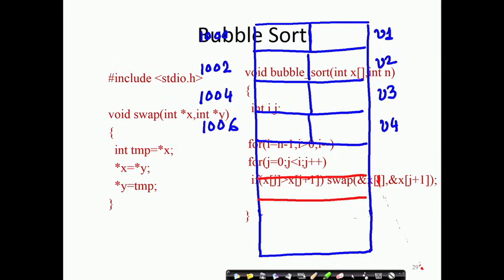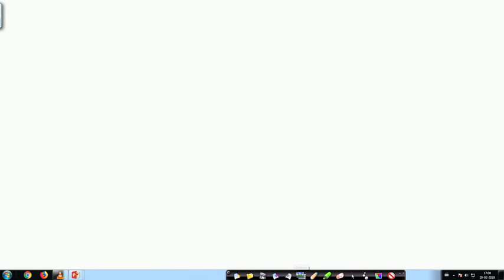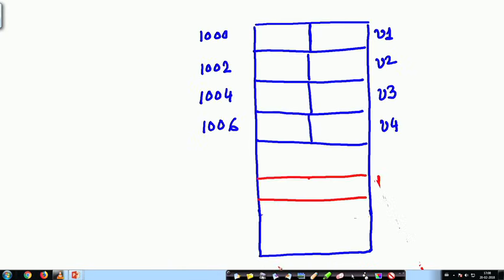Things are mixed up a little bit. I want to come to this. So, here I have got P1, a pointer variable, and P2, P3 and P4, if they are integer pointers.